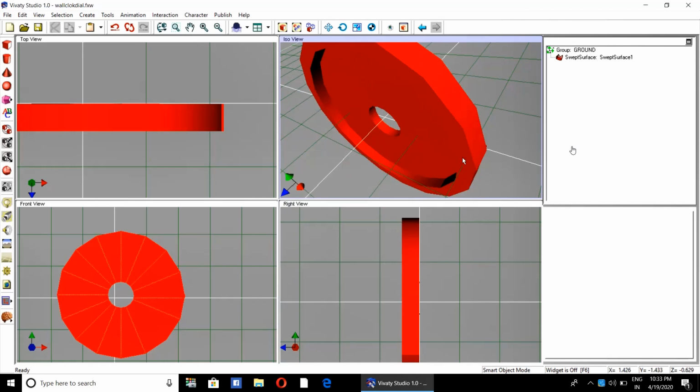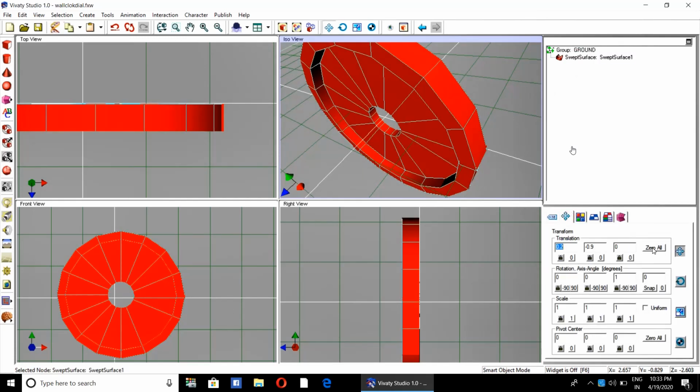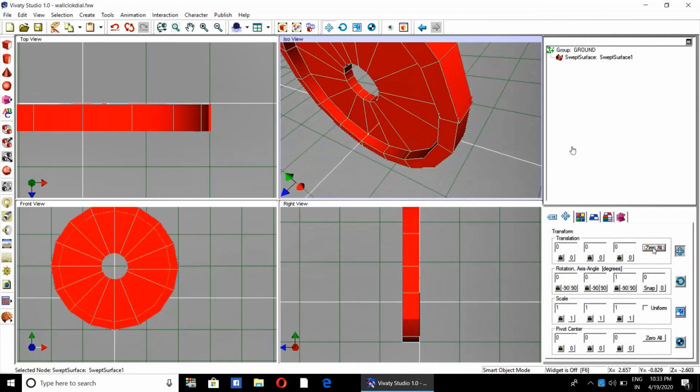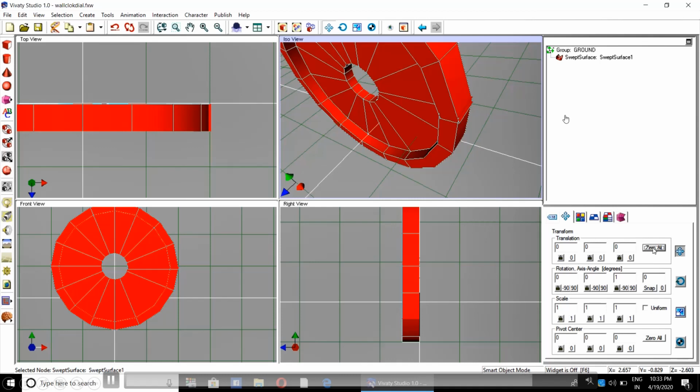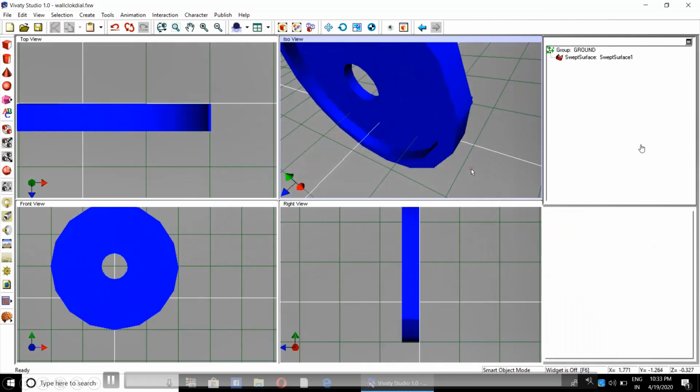As I have redefined the section, the hole was created at the center. Now make all the coordinates as 0, 0, 0 once again. Now we will change the color of this particular swept surface from red to blue.